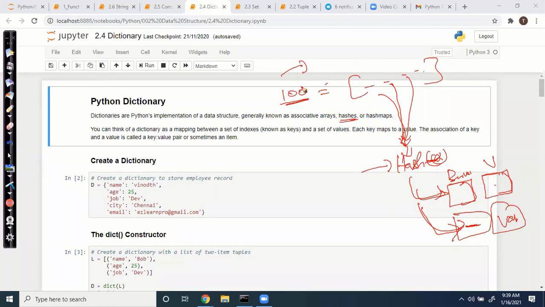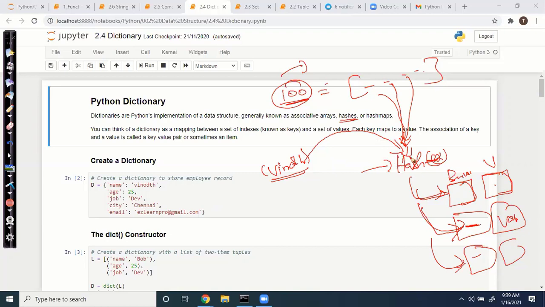Anyway, the 100 names are getting stored in only a few buckets, say five or 10. Just assume five buckets, and the 10 values are getting stored within those five buckets. If you want to search for any new employee's name, you pass it and check whether this name is there or not.